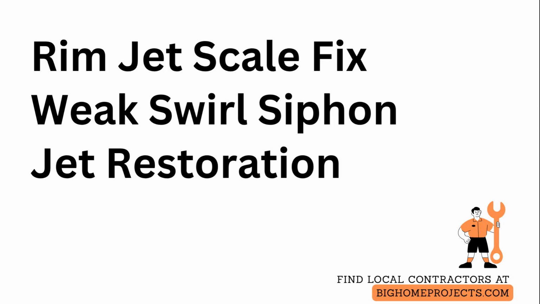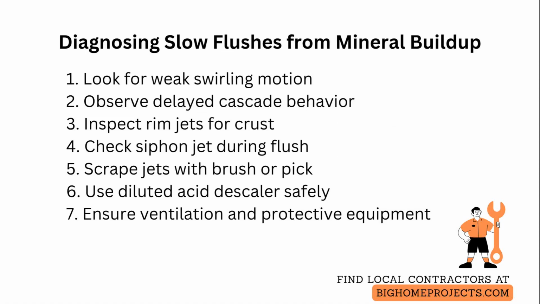Signs that mineral buildup is causing a slow flush rather than a physical blockage are often subtle but consistent and predictable. When mineral deposits are the culprit, you will usually see water still draining rather than pooling and stopping, with only a weak swirling motion during the flush. That weak swirl means the rim jets are restricted, so the bowl does not get the forceful vortex needed to